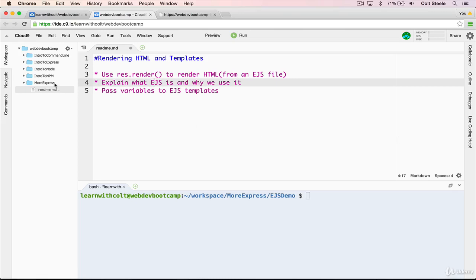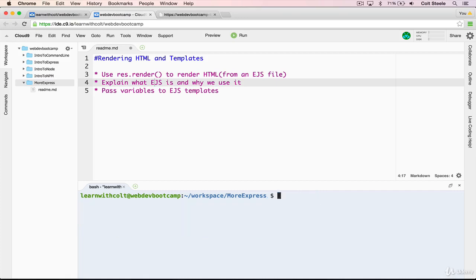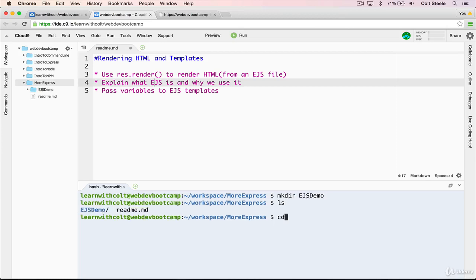So I have a directory called More Express, where I'll be working from for this unit, and I'll make a new directory inside of that. And we'll just call this EJS demo. And then inside of EJS demo,